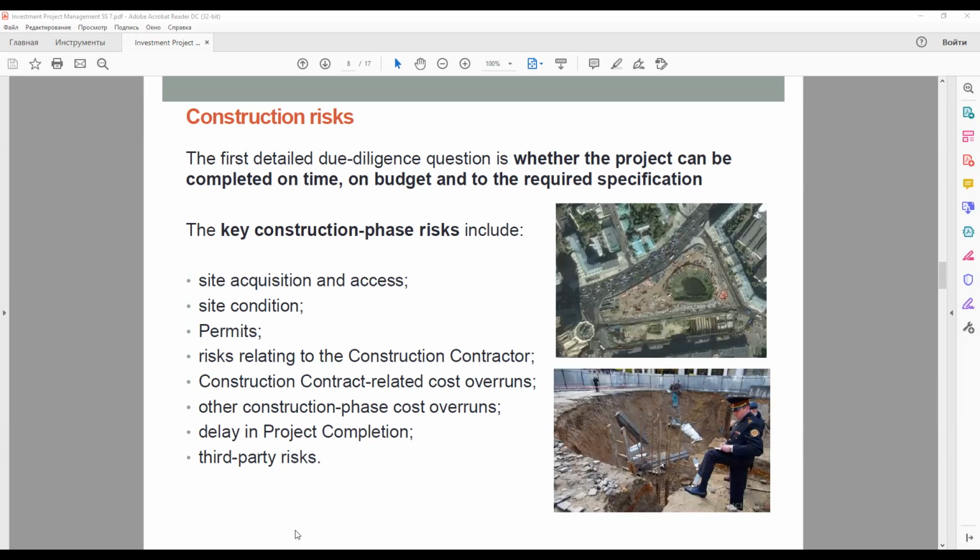In PPPs, public-private partnerships, it is common for site acquisition to be the responsibility of the contracting authority, so a local authority, for example, since this often involves acquiring large areas of land in multiple ownerships for which public sector compulsory purchase powers may be needed. Site condition. There are a variety of ways in which the condition of the project site may affect construction, either by increasing the cost of construction or causing delays in project completion, or both.